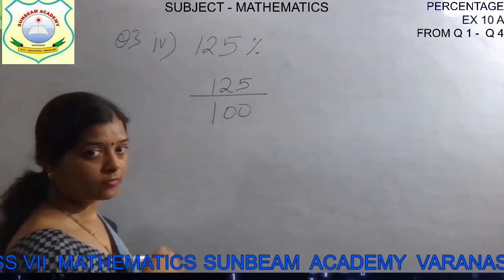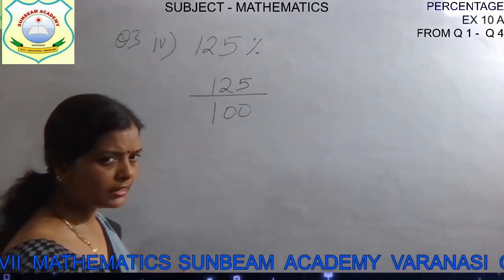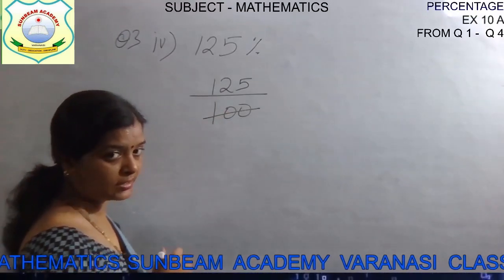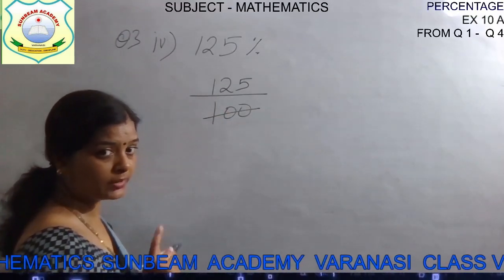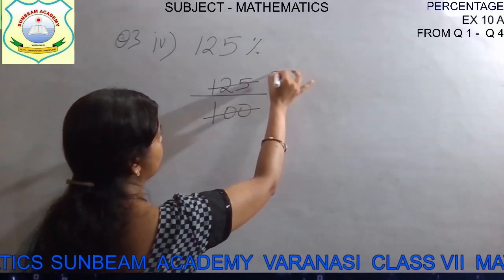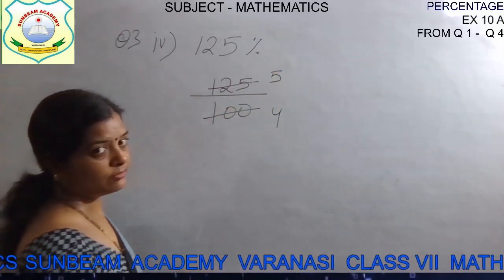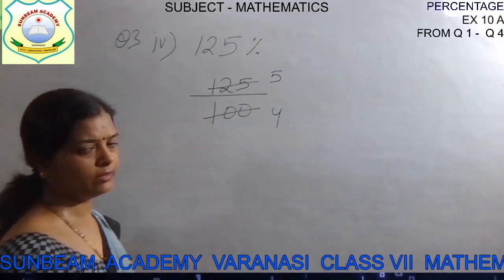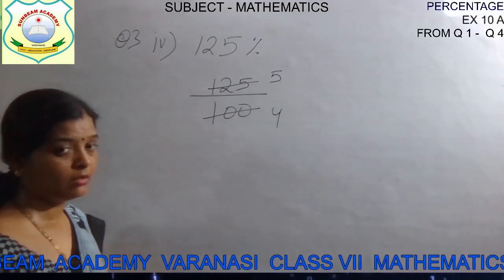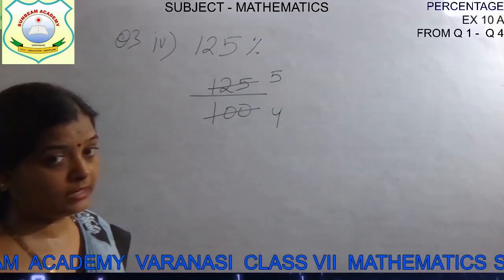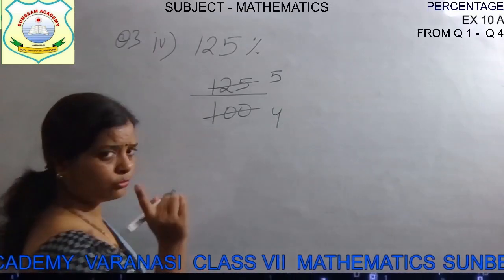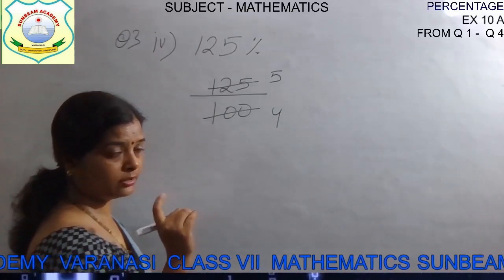Now next one is, we will simplify it. So can we simplify it by 25? Yes, HCF is 25. Both the numbers' HCF will be 25, children. Okay, so 25 4s are 100, 25 5s are 125. Or you can divide in your way, divide it further and further and take your time and then solve. Or directly see the HCF and divide it. How to find HCF? I have explained it to you.